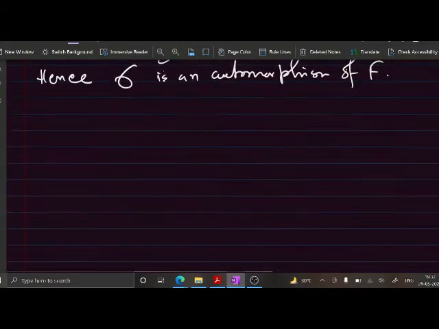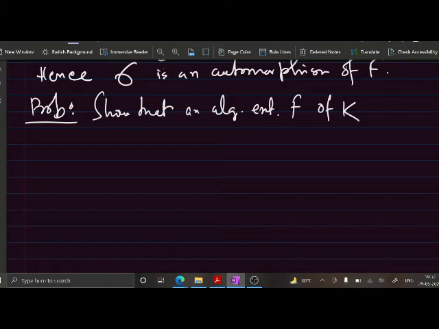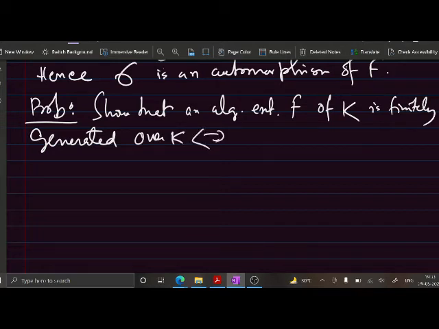এটা প্রমাণ করো তো দেখি, একটা প্রবলেম দিচ্ছি, পারবে নিশ্চয়ই, ডেফিনেটলি। So that an algebraic extension F of K is finitely generated over K if and only if F is a finite extension. ওকে, দেখো তো প্রমাণ করা যায় কিনা।